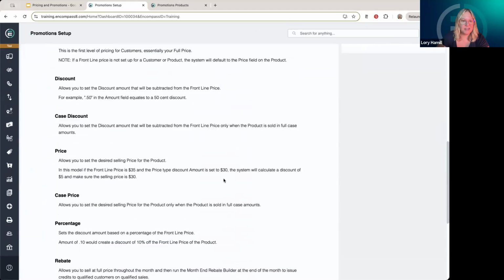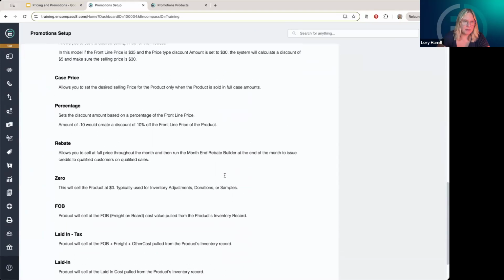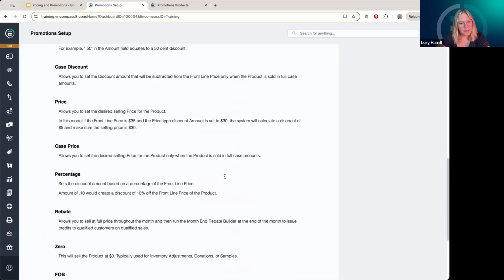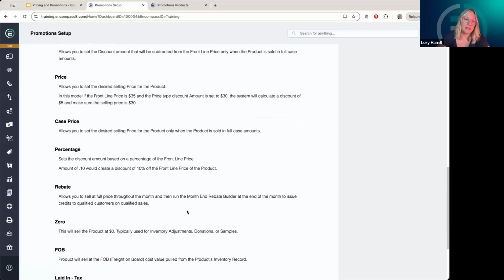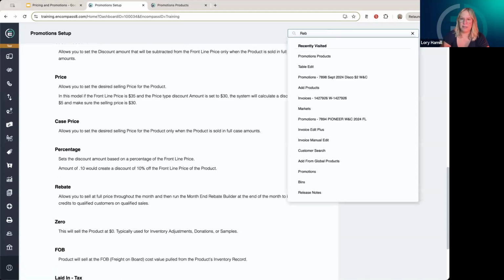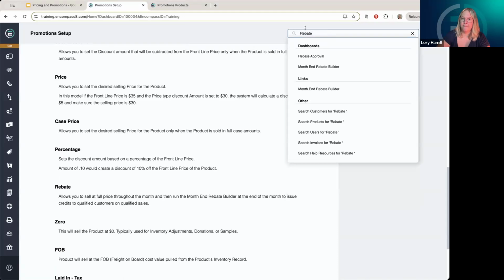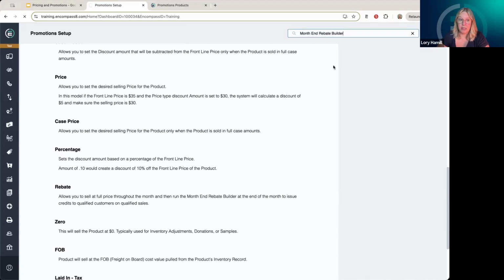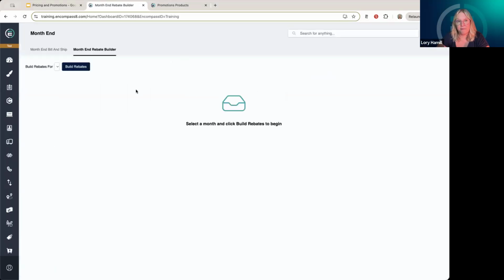So, the definition we see here, there it is: it allows you to sell at the full price throughout the month and then run the end of month rebate builder. So if you're using rebate builder, I believe that's another dashboard that you would go to. I don't necessarily want to go too far into it, but if you've set that as your promotion type, then this end of month rebate builder should work in alignment with it, pulling that information together